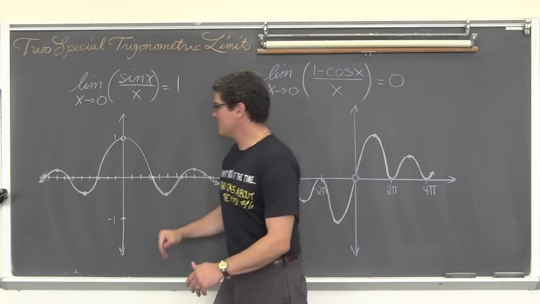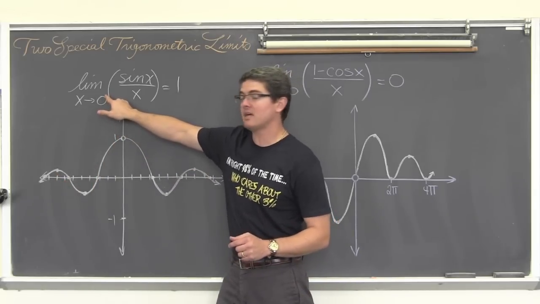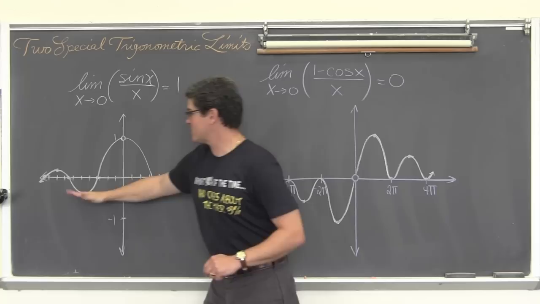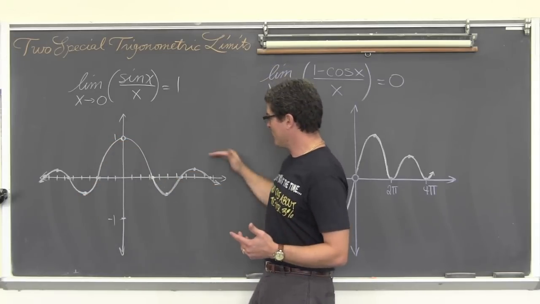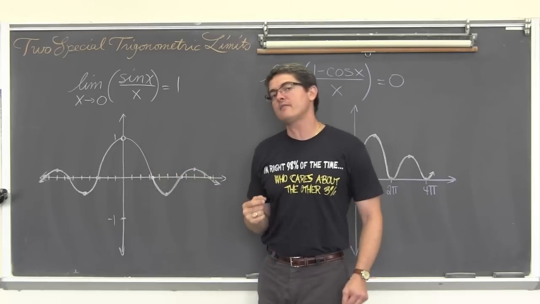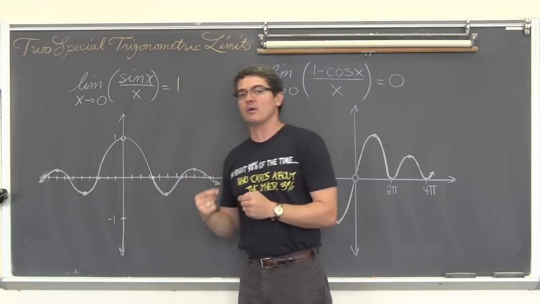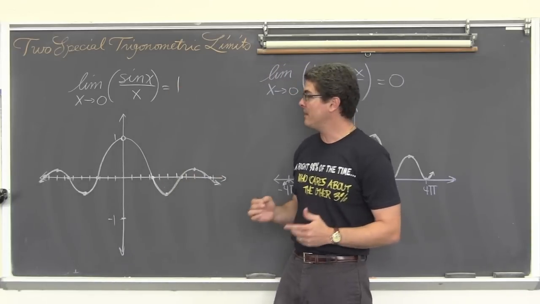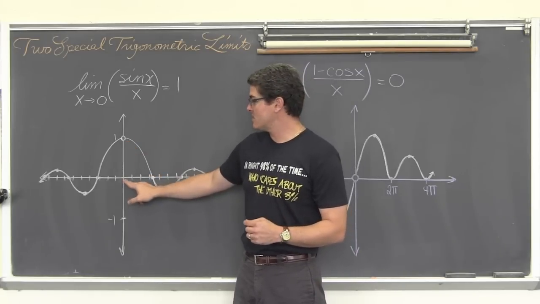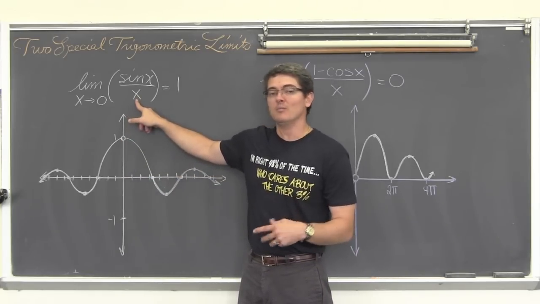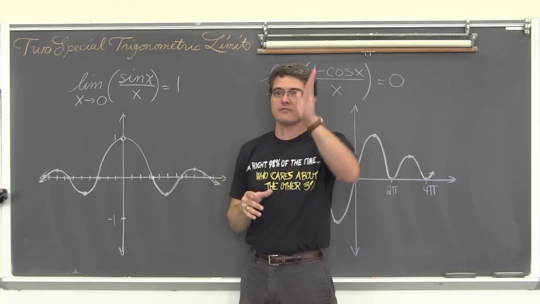So what is happening? Well, as you approach 0 from the left, and if I were to do a one-sided limit, I would have a little negative up here as the exponent. When you approach 0 from the left, the graph is approaching a y value of 1. And if you approach it from the right, it's approaching that same y value of 1. So the left and the right-hand limits are equal and are approaching the value of 1. But we have the hole here, the removable discontinuity at (0, 1), because you cannot divide by 0. Most of the time, when your denominator is equal to 0 and it doesn't factor out, you'll get vertical asymptotes.